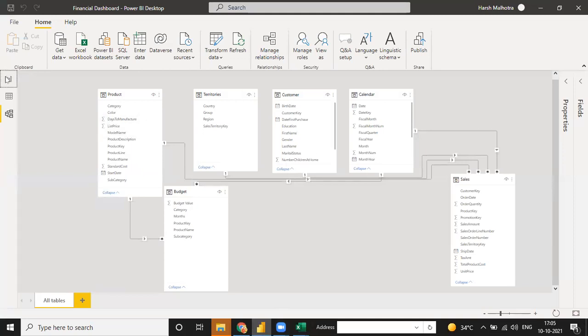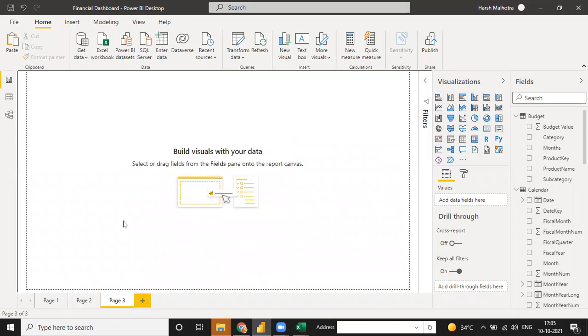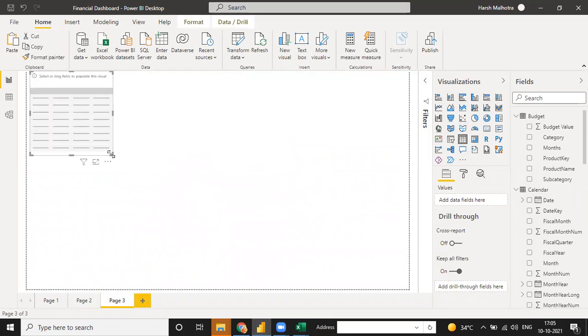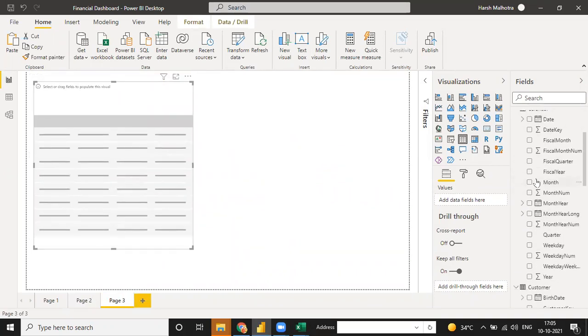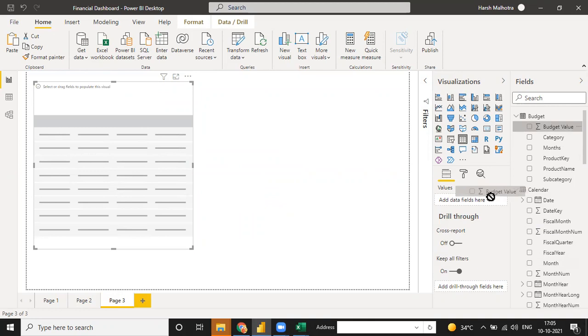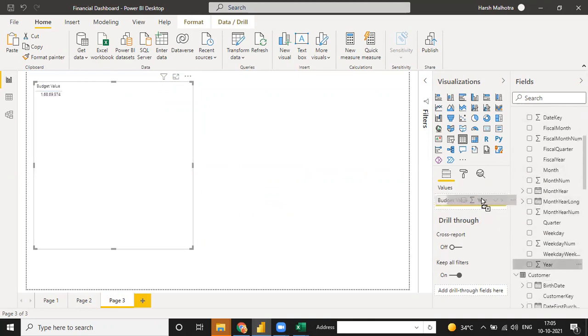See, when I move into this, go to third page, I select one table and for this I select budgeted value. For calendar, I select year.